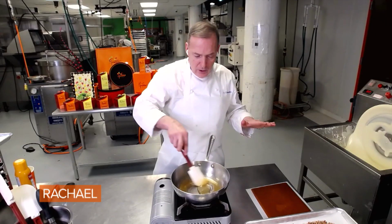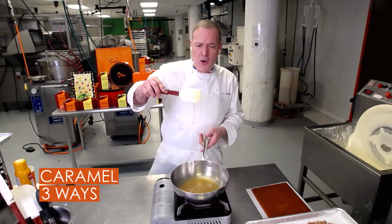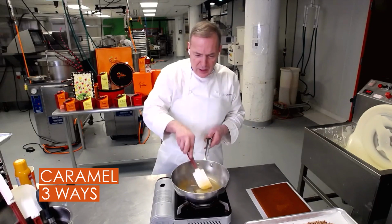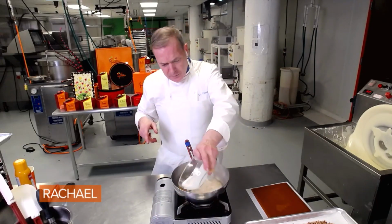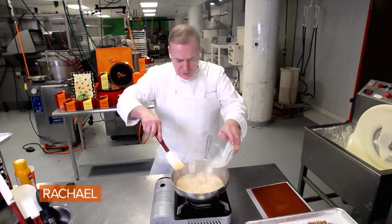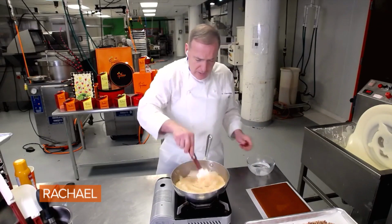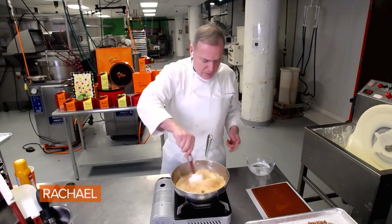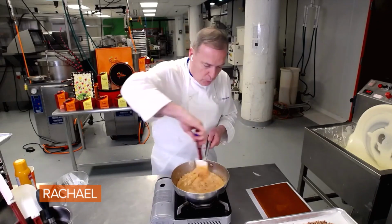So you see no water, nothing. You don't have to put anything into it. So give it a little color, a little brown color. It's almost there. Then what you do, you deglaze with cream, put the cream around it. Okay. So you see so far, it's so simple. And then as soon as the cream is incorporated, we're going to add a little bit of butter and it's